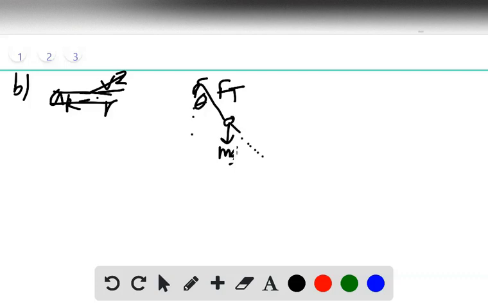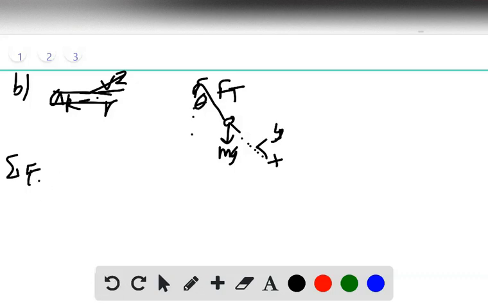Okay, so let's set up the sum of forces. This is going to be our coordinate system, x and y. So the sum of forces in the radial direction, or the y direction, excuse me,